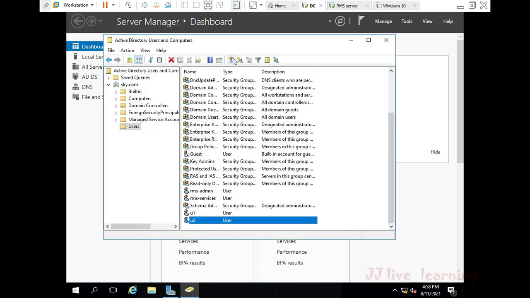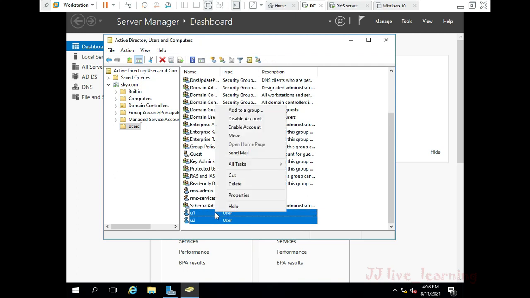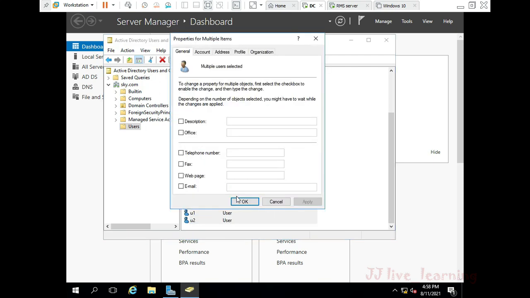After creating the user accounts, you can select all the user accounts and add an email address by another method also. Select all the users, right click properties, enable your checkbox on the email and give the value %username%@sky.com.